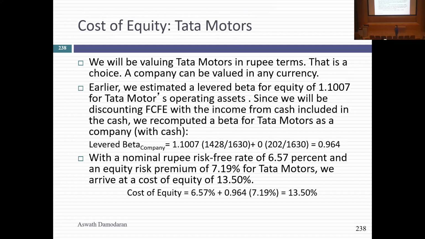For Tata Motors, I'm going to revisit a page we did with bottom-up betas. It gets a second use. There I did it to estimate a hurdle rate for Tata Motors projects, right? I said they need to make this number. Now that same number is going to do double duty as the discount rate I use to value the equity at Tata Motors. So just reviewing, I started with an unlevered beta for automobile companies, global automobile companies. I levered it up using the debt to equity ratio for Tata Motors, the existing debt to equity ratio. And the levered beta that I ended up with for Tata Motors is 0.96.